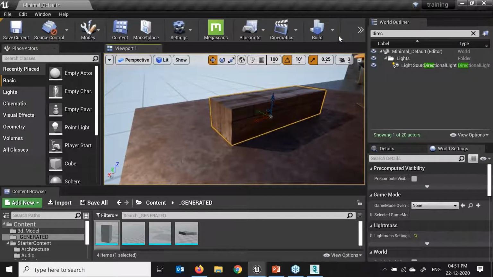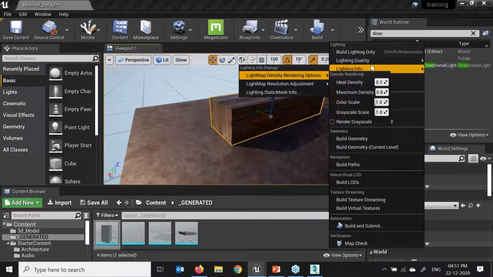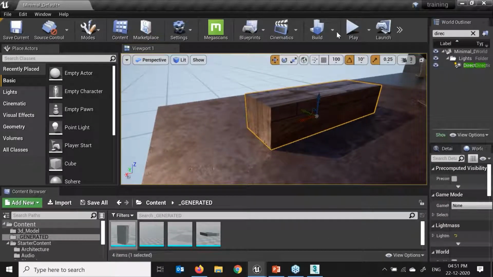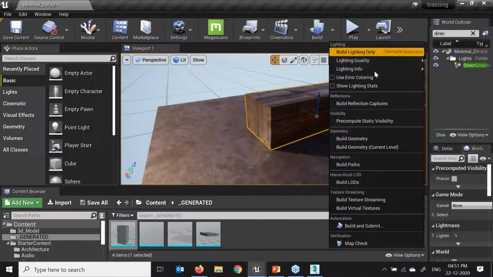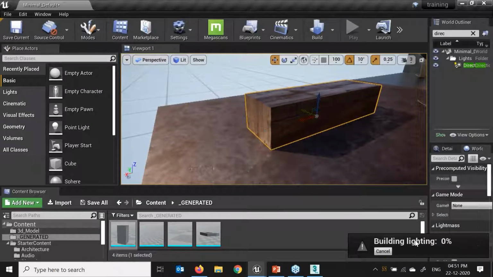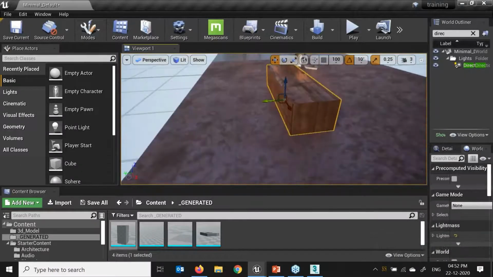So what we have to do is go into this build light info. Just one second, I'll just maximize this. I need to go into my build options, building lights only. If I click over here, what it will do is recache and rebake my light, because I moved my light. I have added an object over here. You'll see that the shadow and the light will bake over here again. After calculating that, the lighting will be completed over here.